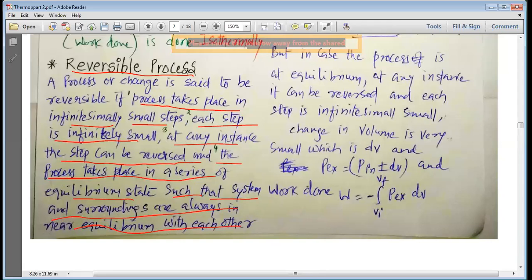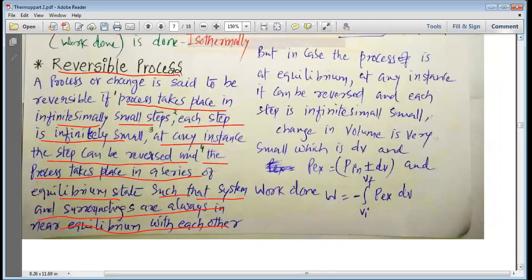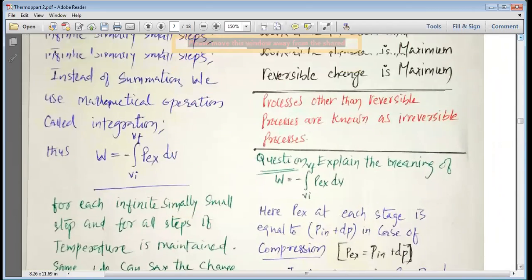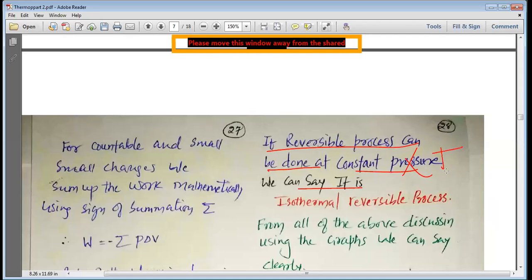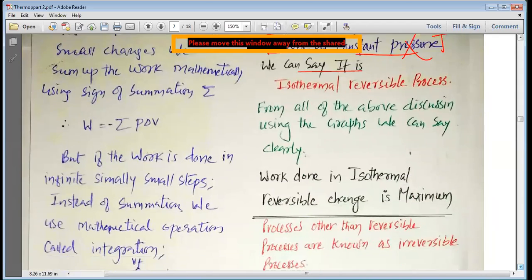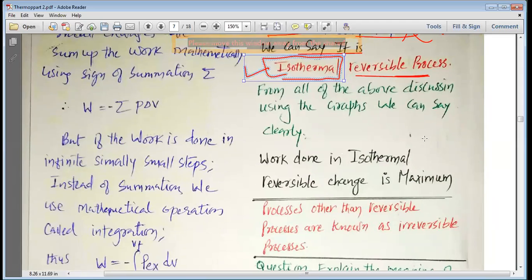So this is how, my dear students, we perform the change, and this way when the change is being performed, we can easily understand that the reversible process can be done at constant pressure, constant temperature. Now if we do the same process which is reversible at constant temperature, that means we do it isothermally. So when we do the isothermal reversible process, my dear students, the work done we get is maximum,